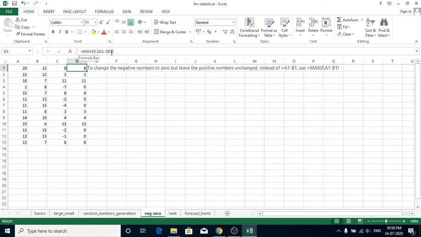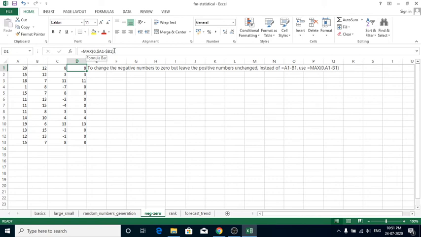If the generated result is a negative number, please maximize that number to 0. If it is a positive number, it remains the same. This is what this function is for.